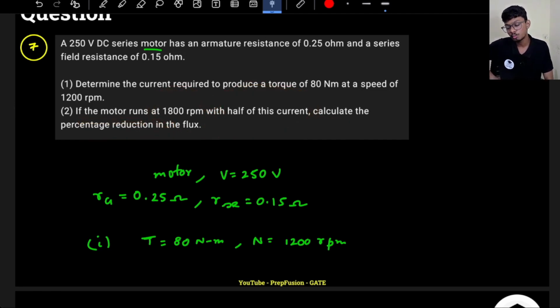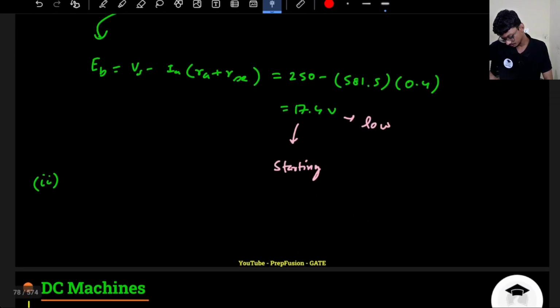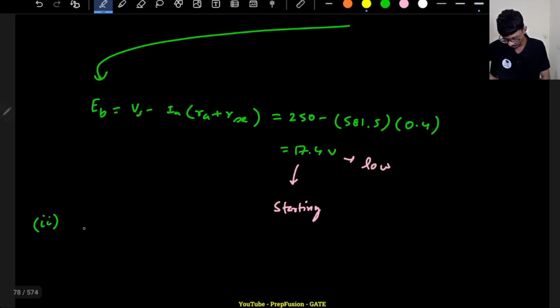So now what will the flux depend on this time? I know my induced voltage EB is proportional to the flux and the speed, because the number of conductors is fixed generally and the poles are fixed. So ultimately it is dependent on this. So I can write here my flux is dependent on EB